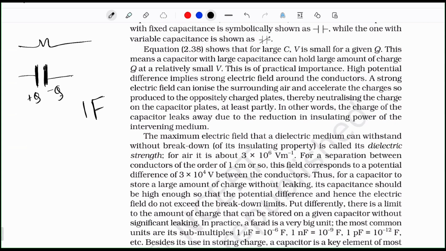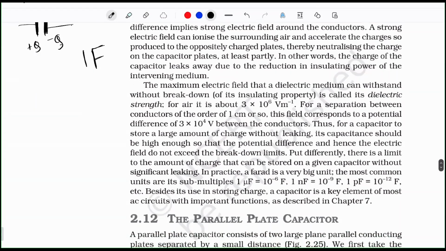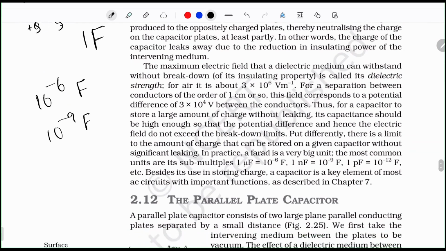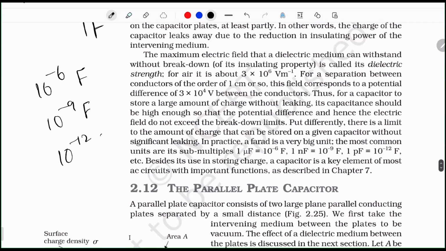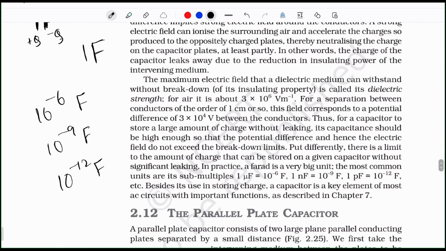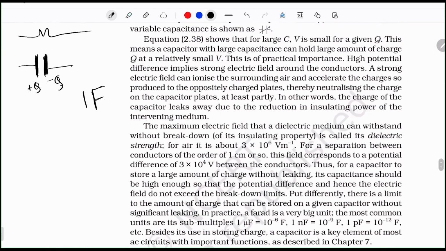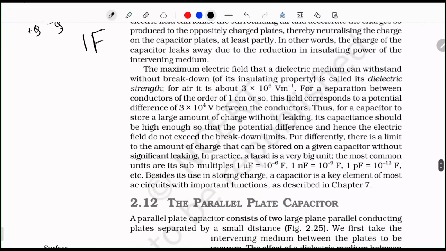You will only appreciate what a miracle that is if you understand that most capacitors we are going to deal with are of orders of microfarads, which is 10 to the power -6 farads, or even nanofarads, or sometimes picofarads, 10 to the -12 farads. So when you see such small orders of magnitude on a daily basis, it's very shocking to see something as big as 100 farads. And yeah, so anyway, now we'll move on to